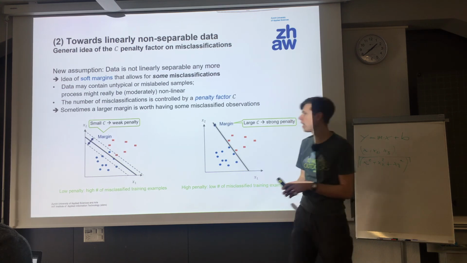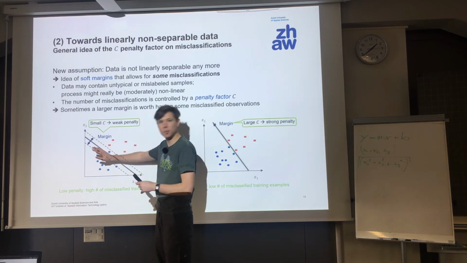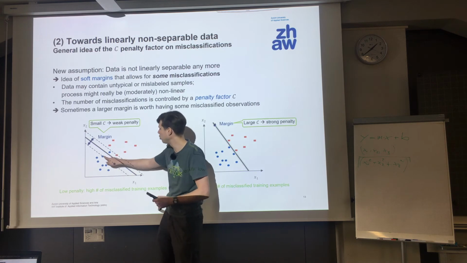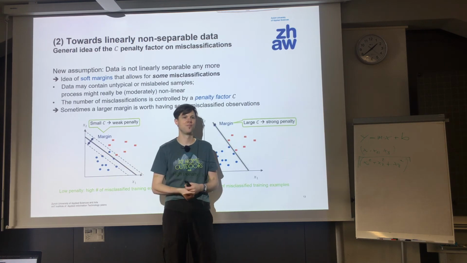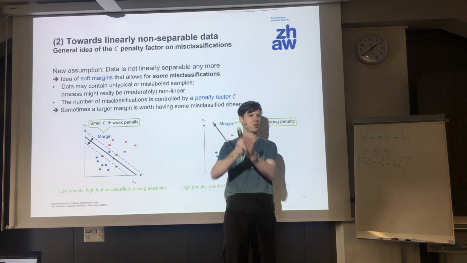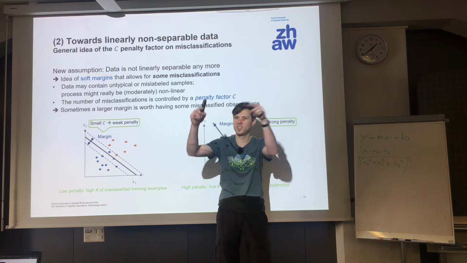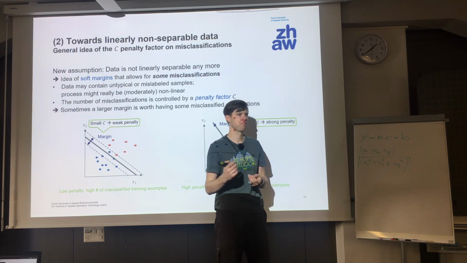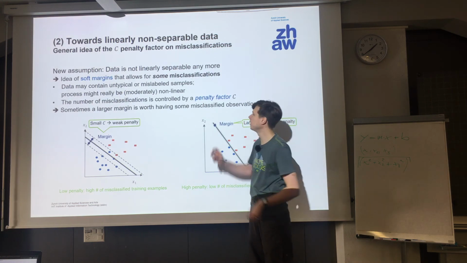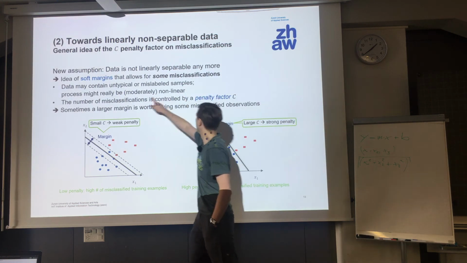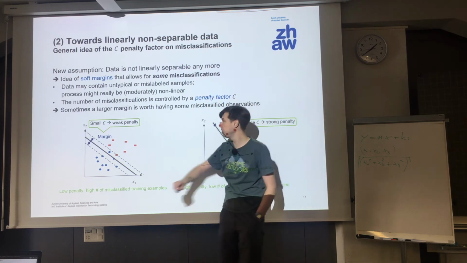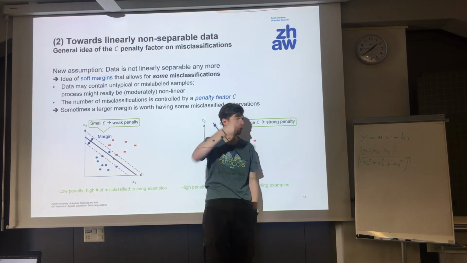How do we do that? How can we optimize still for a big margin when by definition of the margin no point is allowed to be within the margin? That's a contradiction, right? We want to have a fat margin, but we will have points in the margin. What's the margin then? The solution, the idea behind the support vector classifier is to come up with a penalty factor called C that penalizes misclassifications up to a certain amount